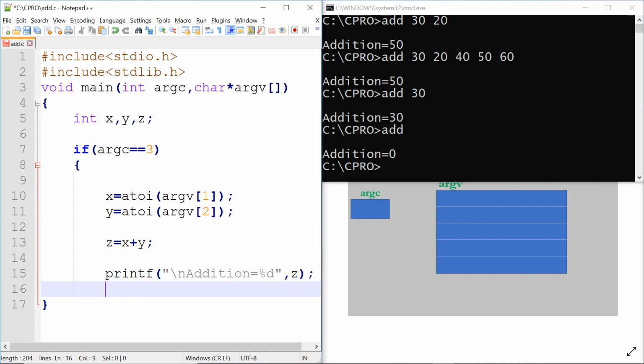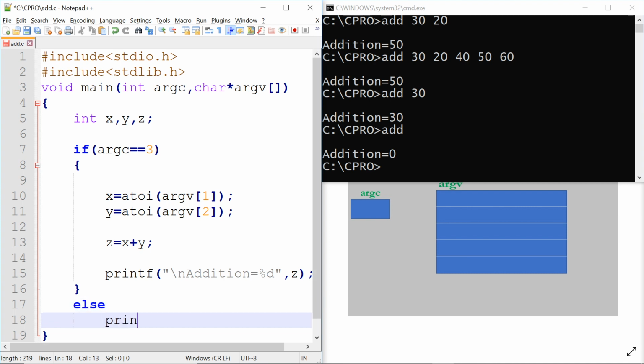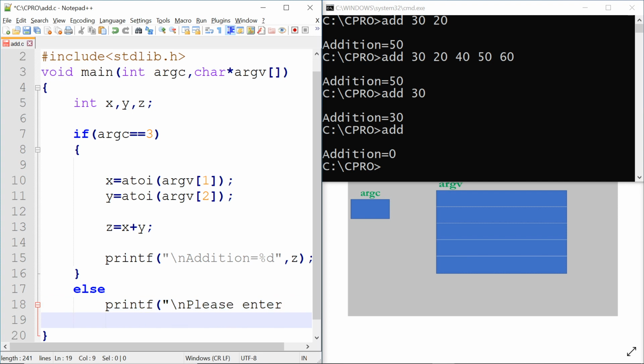But if the count is less than or greater than 3, then in else we are going to give the message, please enter two numbers.